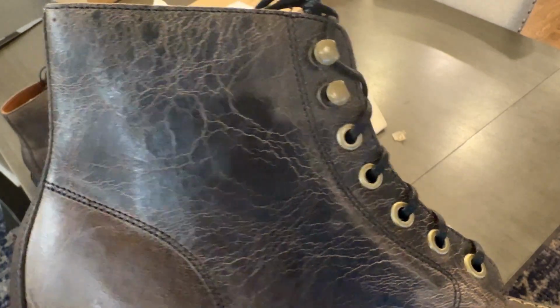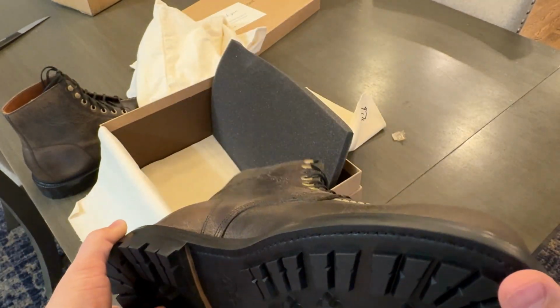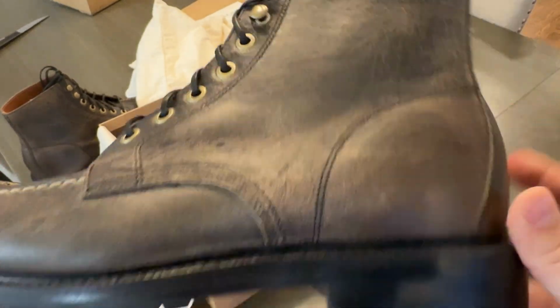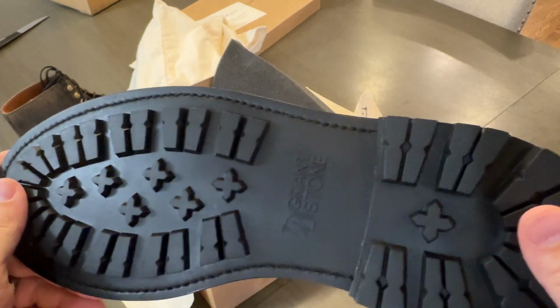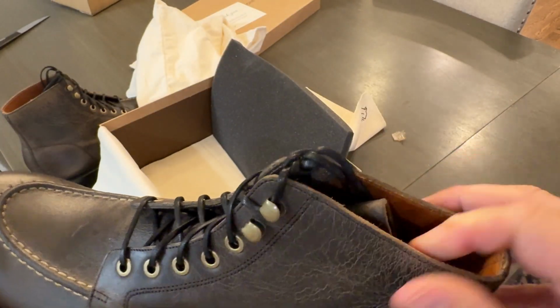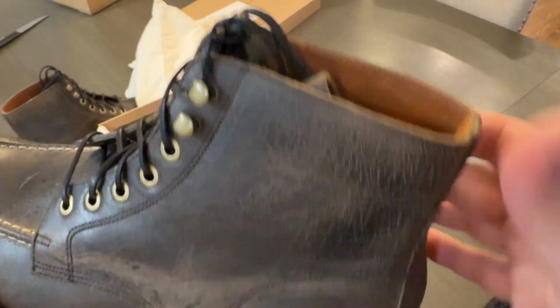That's really cool. Looks like a lightning storm. They call it Teton Waxy Stag, and that's a white-tailed deer. They say it comes from deer culled during the hunting season around the Great Lakes states. So those deer are already being hunted for culling reasons, population control, so they make sure the leather does not go to waste. So it's more of the conservationist type of